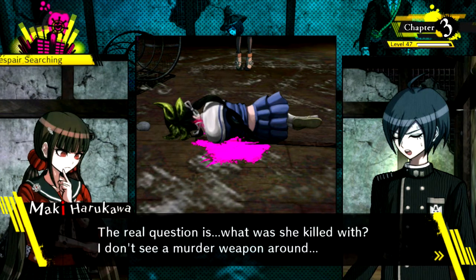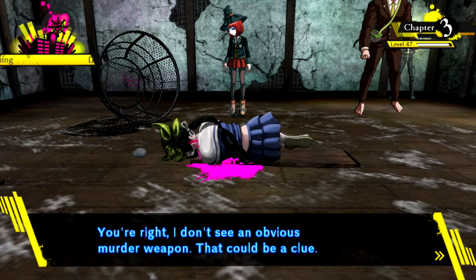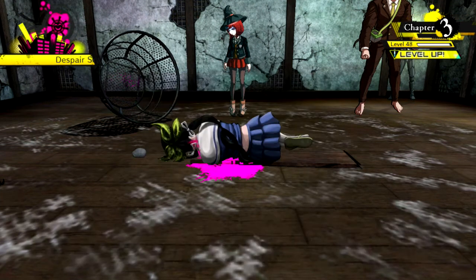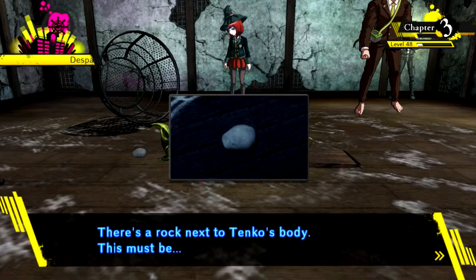By the way, the real question is, what was she killed with? I don't see a murder weapon around. Oh my god. Okay, marker stone. There's a rock next to Tenko's body. This must be...